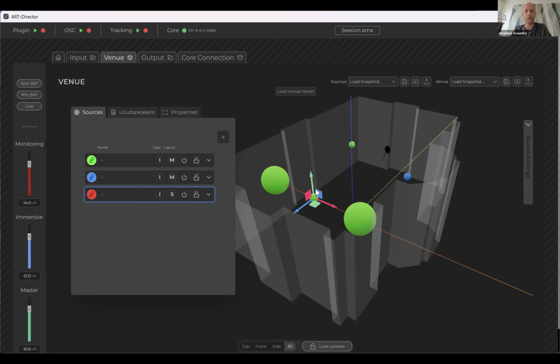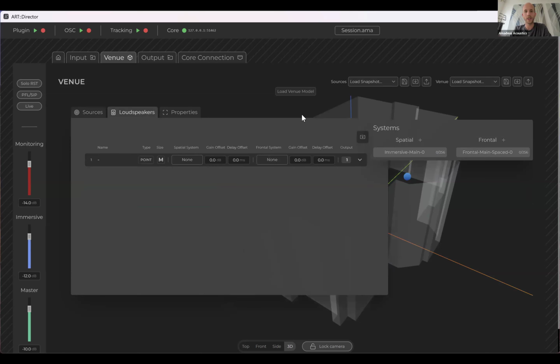I mean, you can control the positioning of loudspeakers inside of the application, but it's obviously much easier if you have just a list of all the speakers, especially if there's like 40 or 60 speakers in this venue. And then when all of the speakers are implemented, you can start configuring them. You can choose what type it is, a point source, subwoofer, what the size of the speaker is,